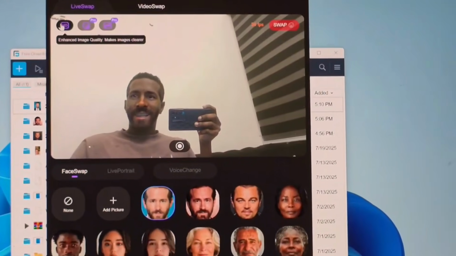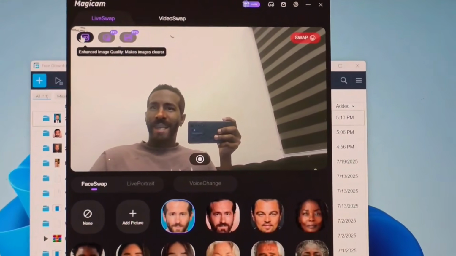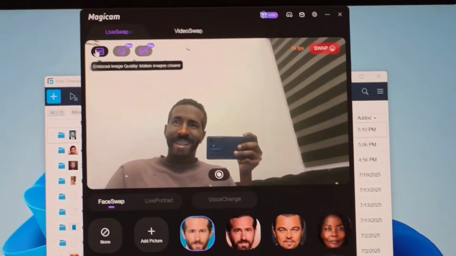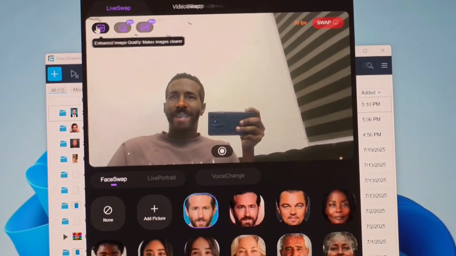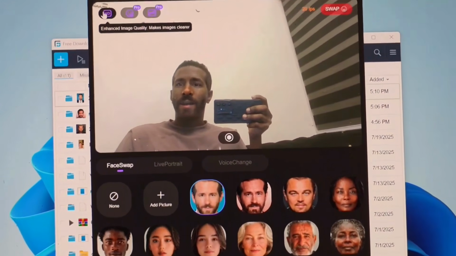it's trying. Okay, let me disable it. You can see it's blurry. If I enable it, you can see there's more detail. You can see the beard, everything is emphasized. So with the HD, you can see that there's more detail, you understand? It is revealing more of the hair, more things. So for this thing, you're going to need a ring light. You have to get a ring light. It's not the way I'm showing you that it's going to be like this. You need a ring light so it can make the face brighter and get more detail from your face, you